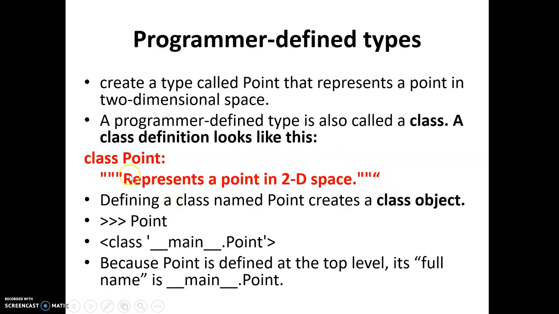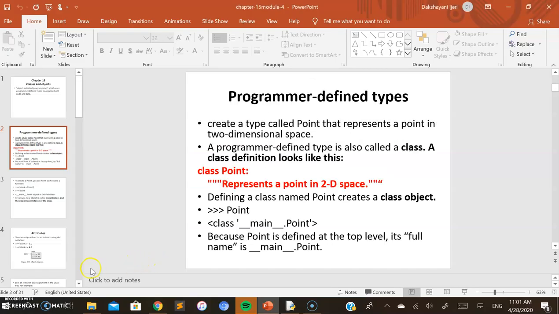Once you create a class, next if you want to know what kind of data type has been assigned to this variable, that is Point here, simply type Point, and you'll get to know it has been initialized as __main__.Point, calling it a class variable here. Let's see how it is done here.